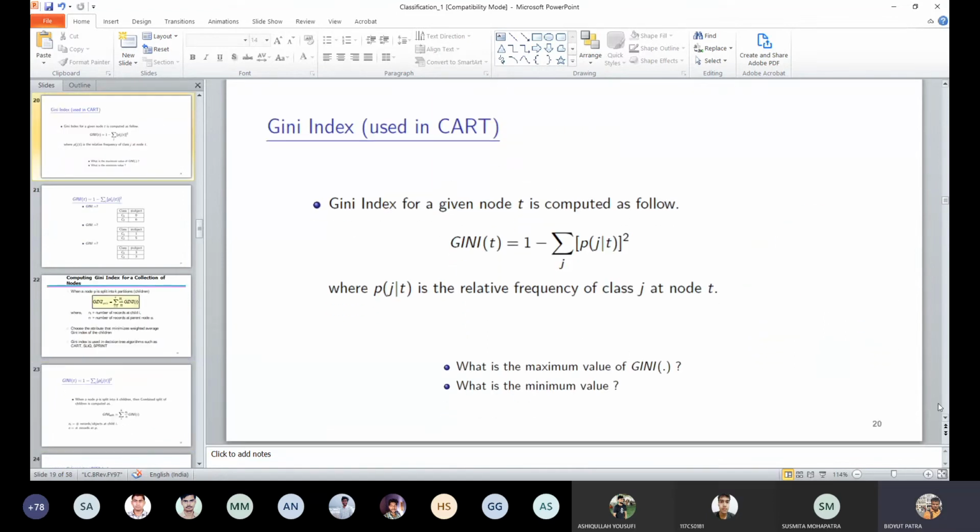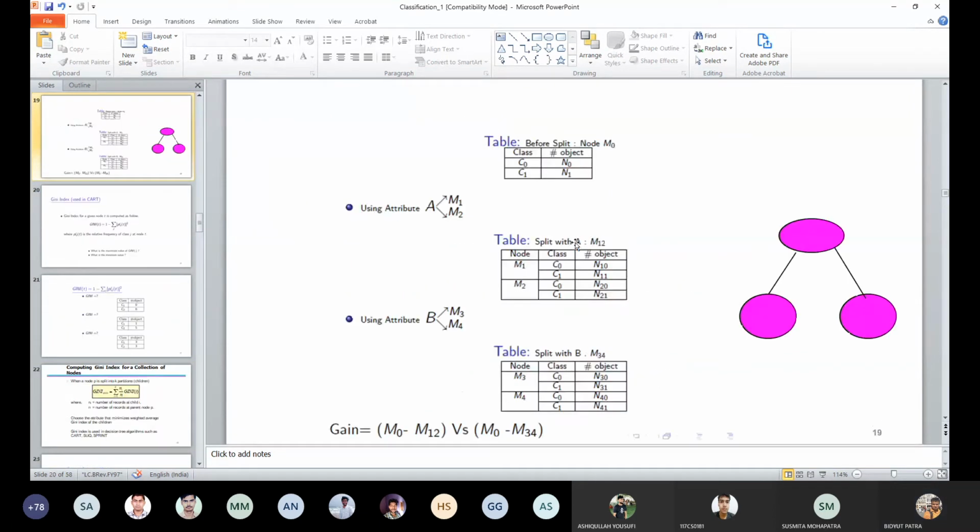Now if I do the same thing with attribute B, obviously we will get a similar structure, starting from M0. Now we find the gain. If I apply attribute A, that gives M12, and if we apply attribute B, that gives M34. Wherever the difference is maximum, that gain will be the maximum.